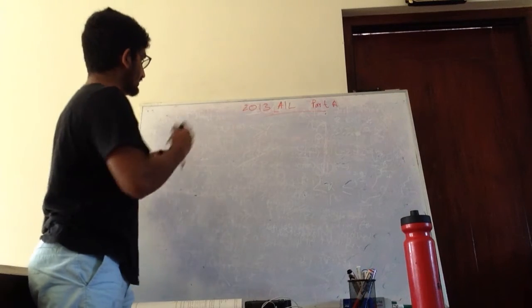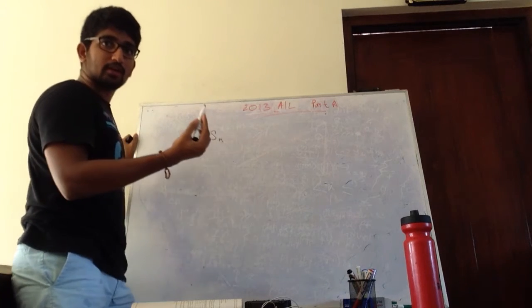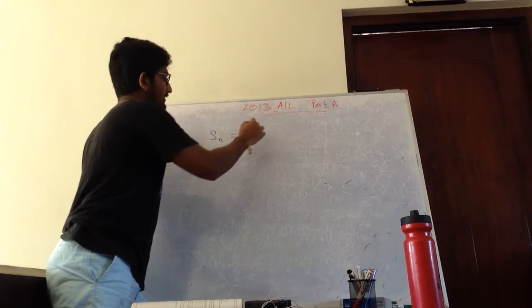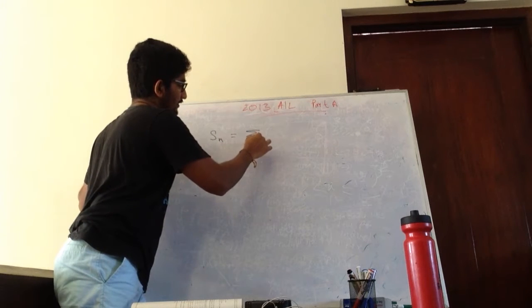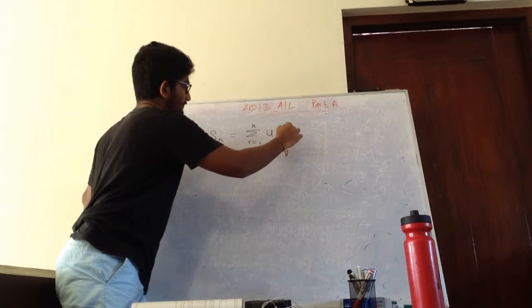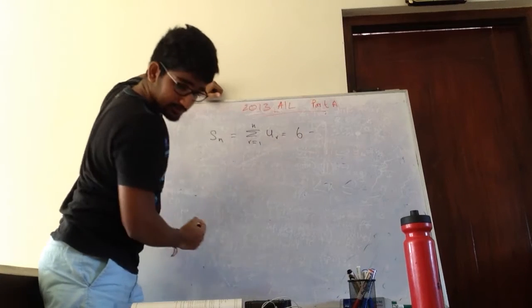So basically they have given Sn, okay? Or you can say it this way as well: the sum from r equals 1 to n of Ur is 6 minus